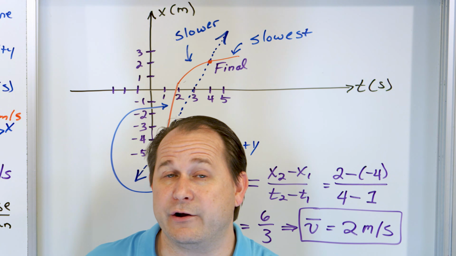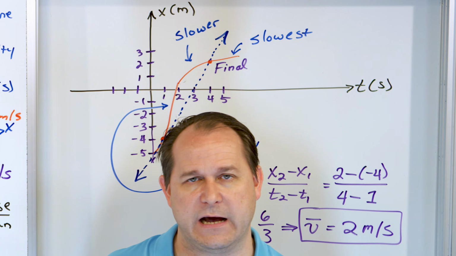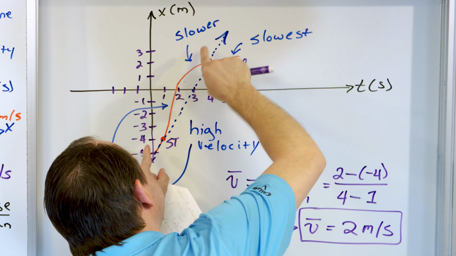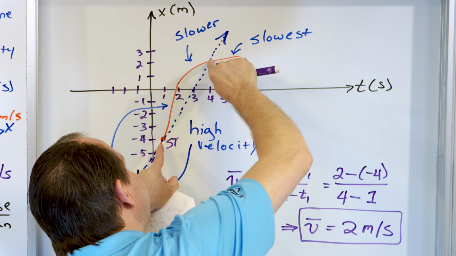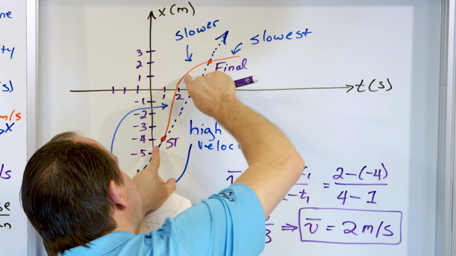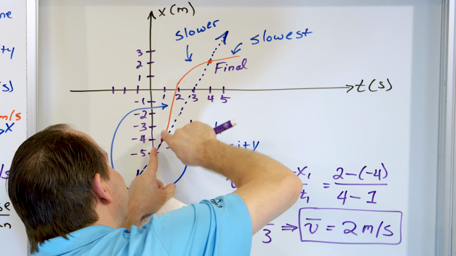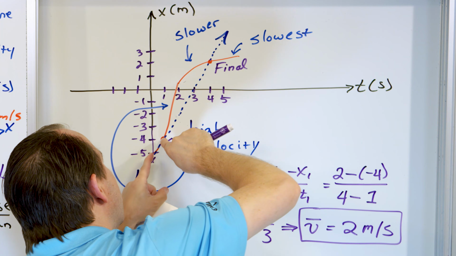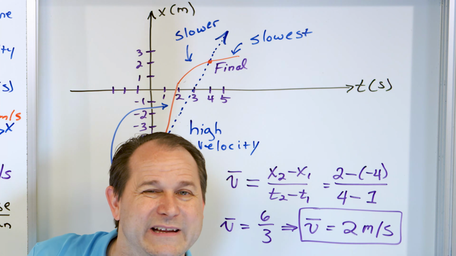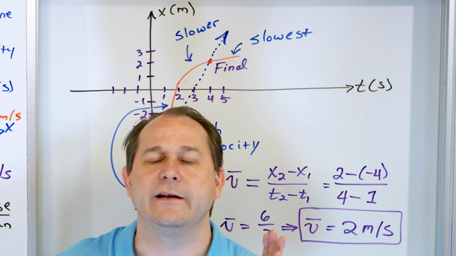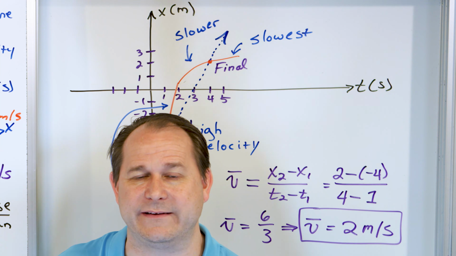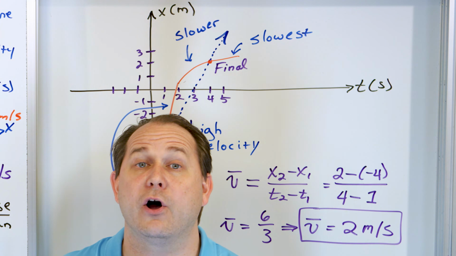But what we're going to do later is talk about the instantaneous velocity. And we'll start to bring these two points closer together. So we're always finding the slope of the line connecting. Imagine if I pull this dot over here, and then I would find the average velocity between these two points. And what if I pulled it here? Then I would find the average velocity connecting those points. What if I put these two dots almost on top of each other? Then I would be finding the slope of the line barely touching the graph, the line we call tangent to the graph. That is the instantaneous velocity at a single point in time, which in calculus we call the derivative